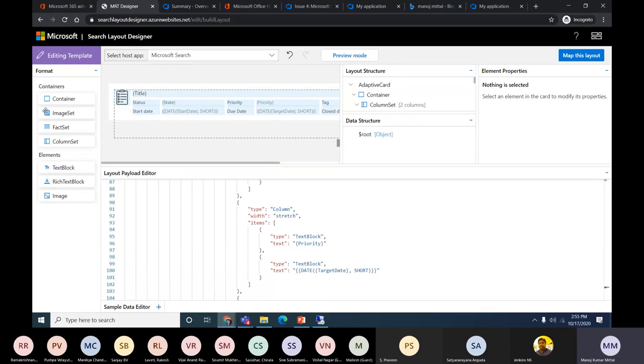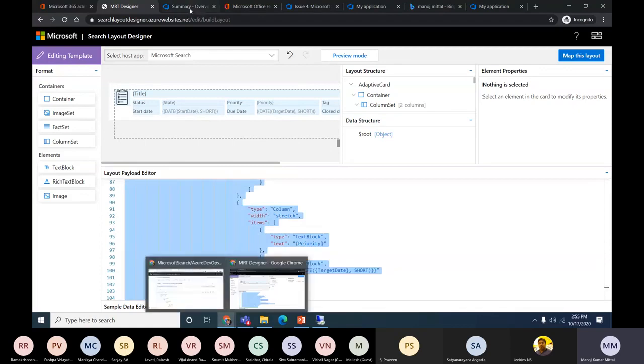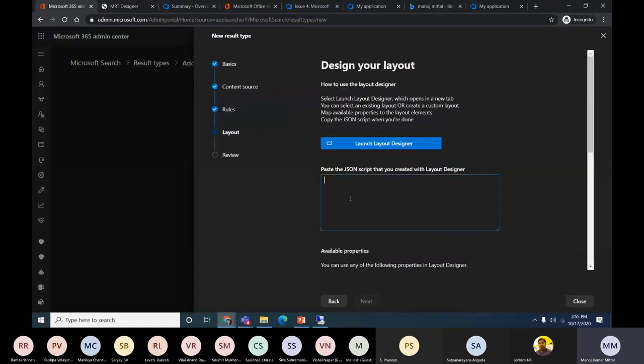We can design our own card. So these are the elements and the containers available which we can use and which I have used in this card itself. So I'll press Control C on this section. I will move back to this one, and we need to paste it here. Sometimes what happens is we get the error that the card property is not valid. Most of the time the reason is that in edit properties, we didn't add some property, but we have added it in this section. So it's very important, when creating the content source itself and using edit properties, that we include the properties which we are going to use here.